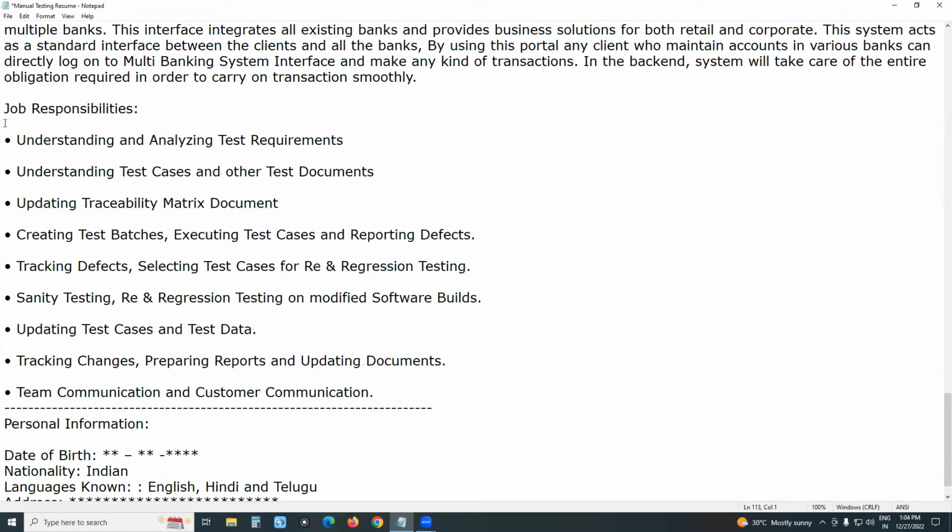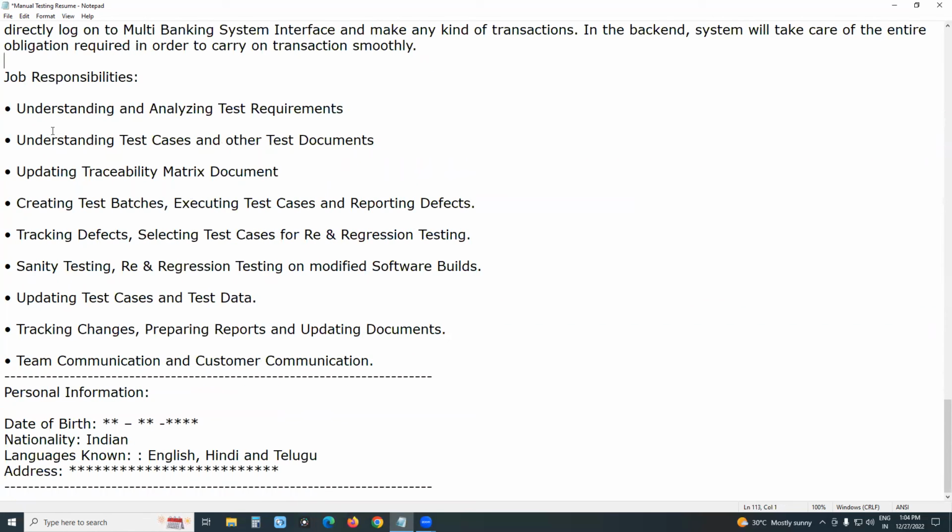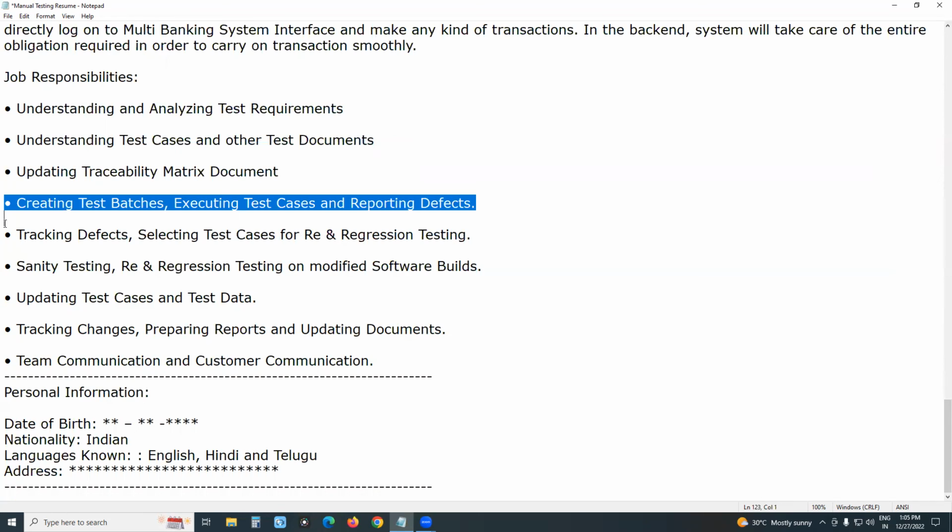Next, job responsibilities. Say this is my current first project, my career's first project. In some companies for freshers, they give existing test cases for execution. From the next project onwards, they give test case documentation as well as execution responsibilities. That depends on your company. Understanding and analyzing requirements, understanding existing test cases and other test documents, updating traceability matrix document, creating test batches,